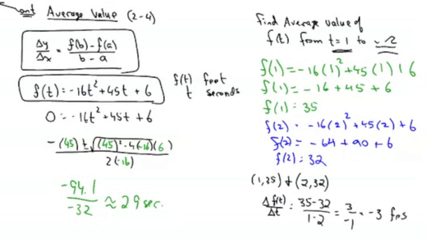Now the interesting thing is, at 1 second, the object is actually going up. At 2 seconds, the object's actually coming down. You're just catching 2 places where it is, and you're finding the average between those 2. So it's basically